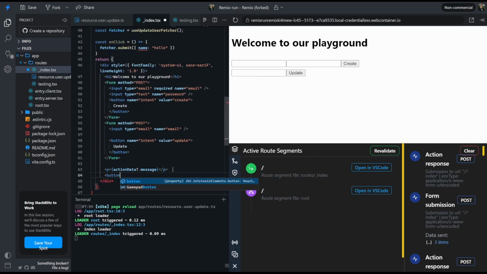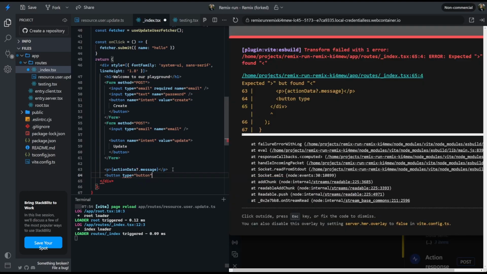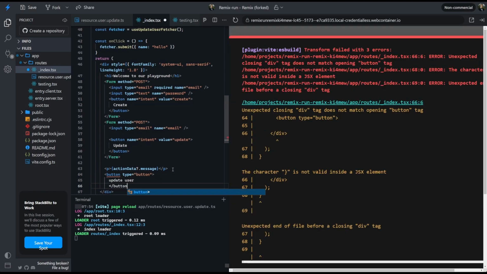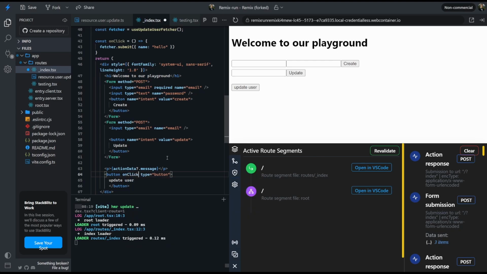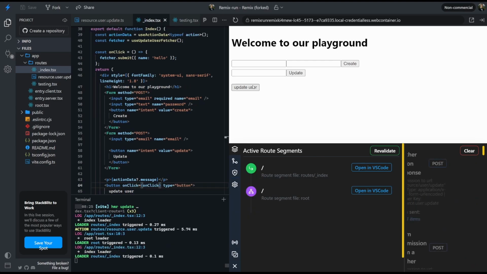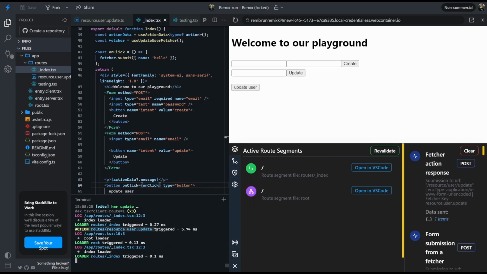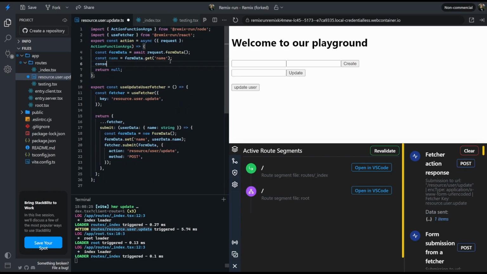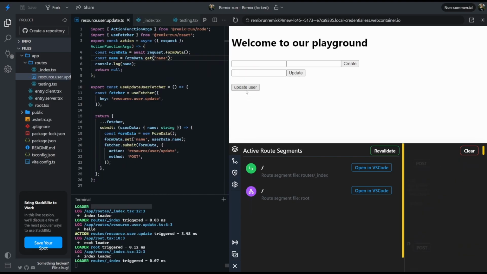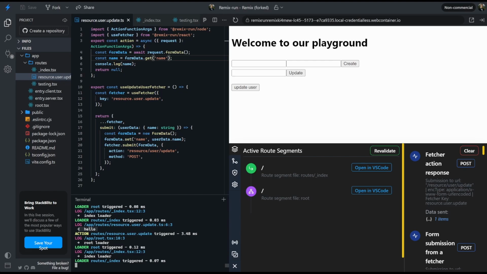So for example, button here, and we're gonna say type is button, update user button, and on click. And then when I say this, you can see that the action routes resource user update was triggered. And let me console log the name here. So if I do it again, we can see that the name is hello. And this again is one of many ways to use a resource route to update your database, do some custom